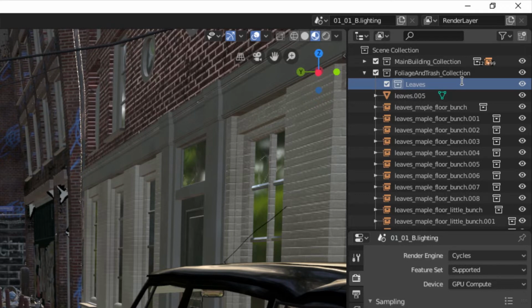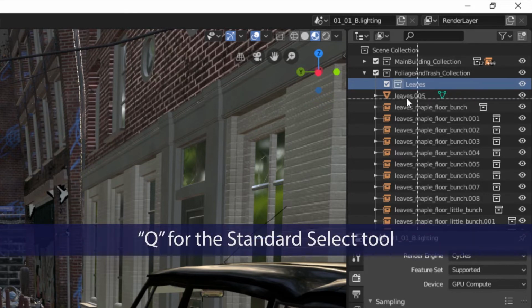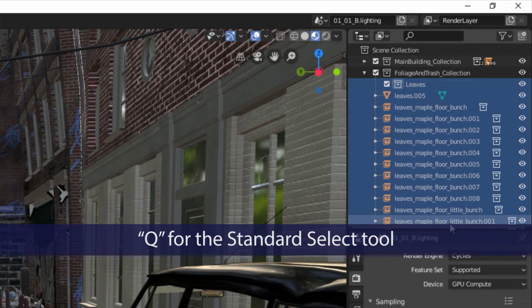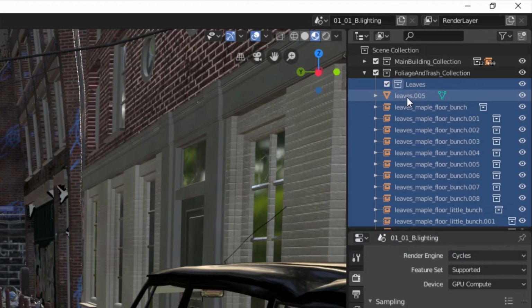Now we want to drag all the leaf objects into the collection. In other applications, you would select the first item, then Shift-select the last item, selecting all between. Not so in Blender. Instead, with your mouse over the scene outliner, press the Q key. Now, click and drag through the items you want to select. When you're done, click on one of the items and drag over the top of our new Leaves collection, then